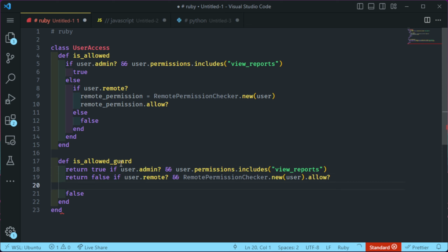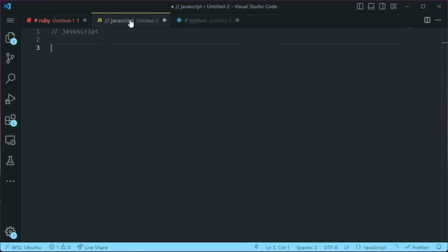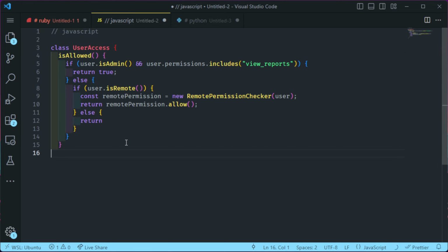It's especially beautiful in Ruby because of the 1-line return ifs. But it works in all languages. And in fact, what I have here is JavaScript. I prepared a little bit of JavaScript just to show as an example. So what I'm going to do here is show the same method that has been written, and then I'm going to rewrite it here